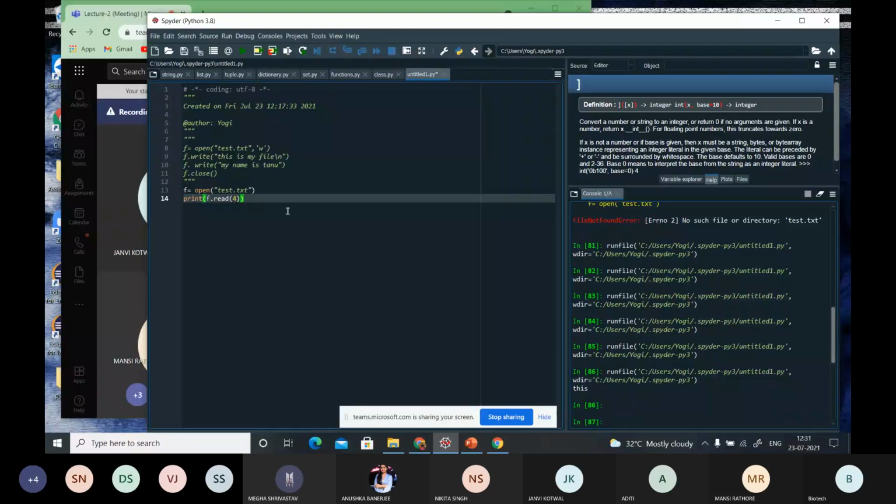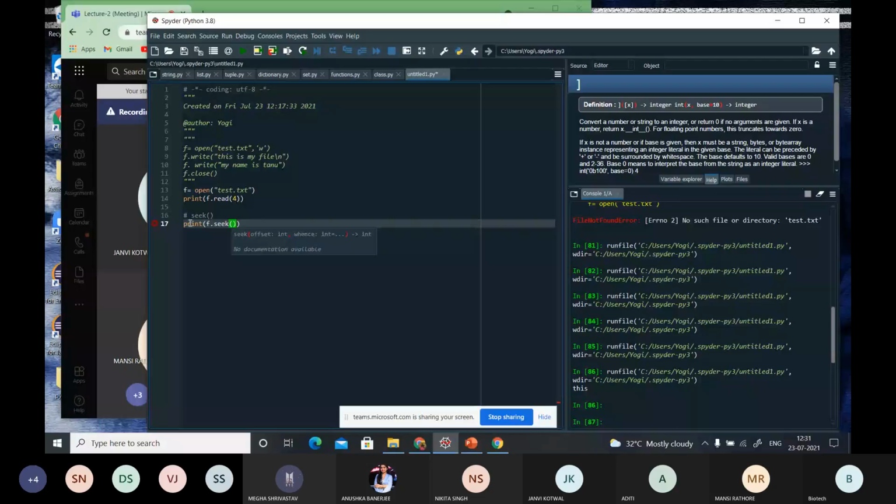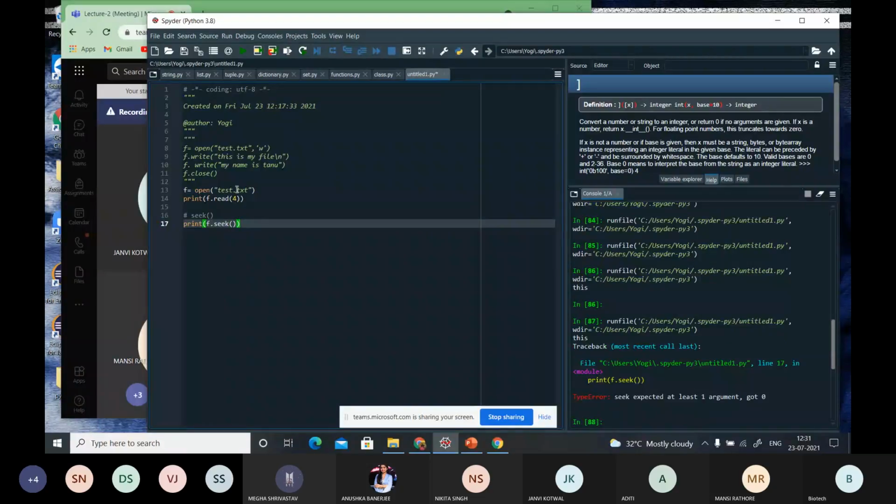Then we have another two methods, the seek method and the tell method. We can change our current file cursor position using the seek method. Suppose now I have written this, so my cursor is on the 4th position. If I want to change the cursor position, I'm just letting you know what my current cursor position is, right? Okay, I need to give an argument, I need to mention the cursor. So suppose I do this, and after that I again write print.